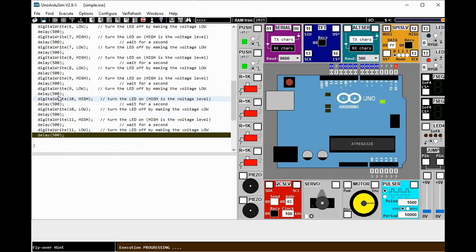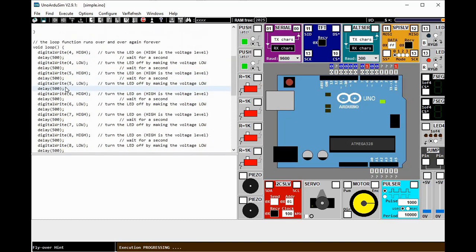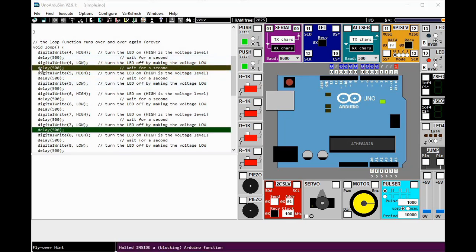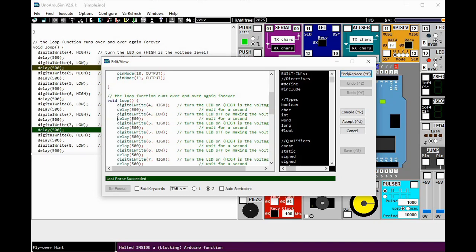You can also change the pattern wherein it would look like it is moving faster from right to left by removing every other delay.